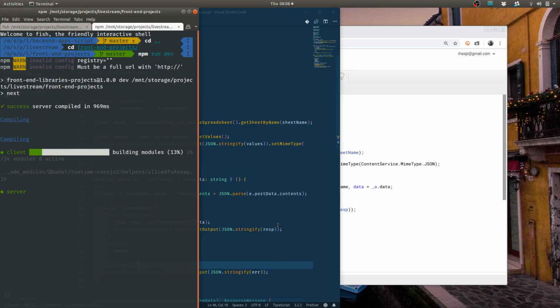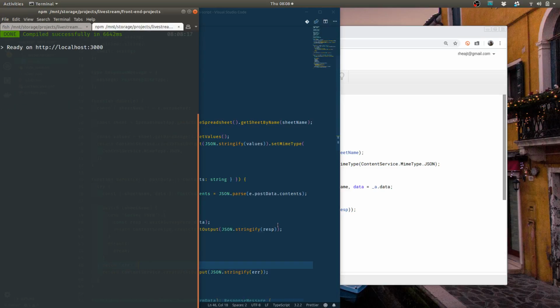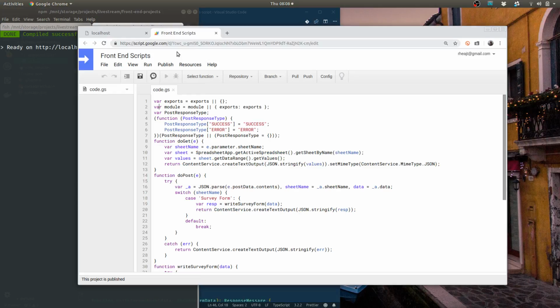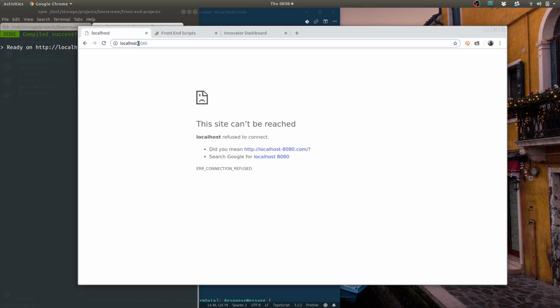I am struggling this morning. It's 8 a.m. my time. Oops, I already have the localhost open, and it's not 8080. 3000. Okay, so